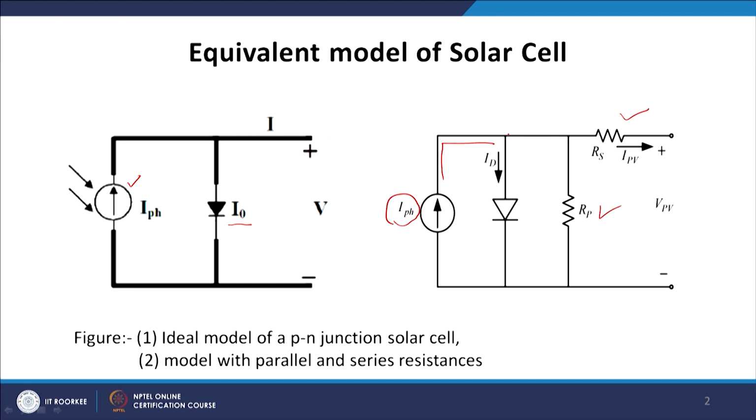Now, this current sees two different paths. One path is through the diode and another path goes this way. The diode current is ID, which flows in the absence of light, and then the rest of the current flows through here. It can divide through RS and through RP. Finally, the total photovoltaic current IPV goes to the outside load. As you can see from the circuit diagram, the smaller the series resistance the better it is for us. Similarly, since RP, the parallel resistance, is connected as a shunt resistance here, the higher its value the better it is for us.